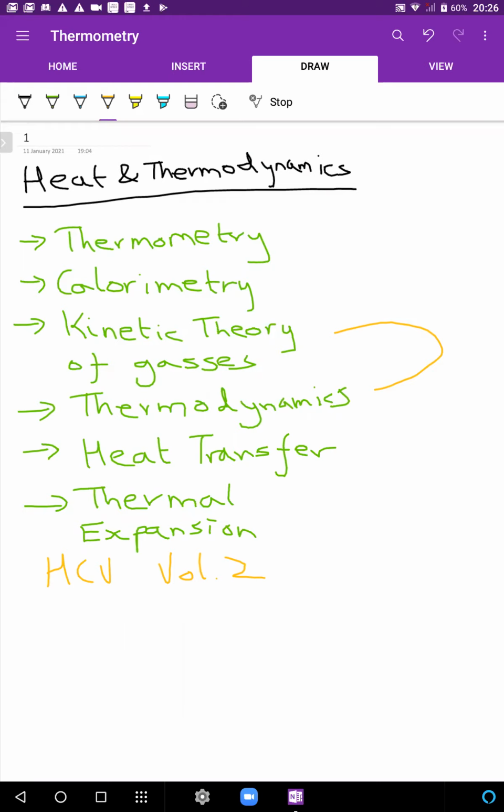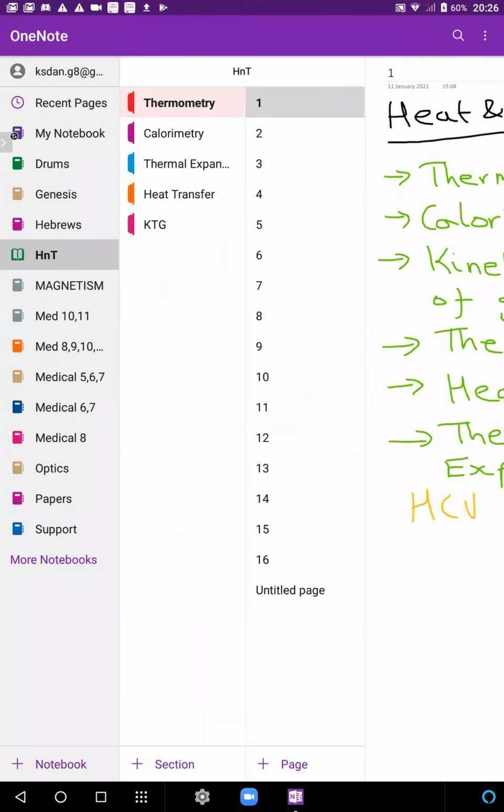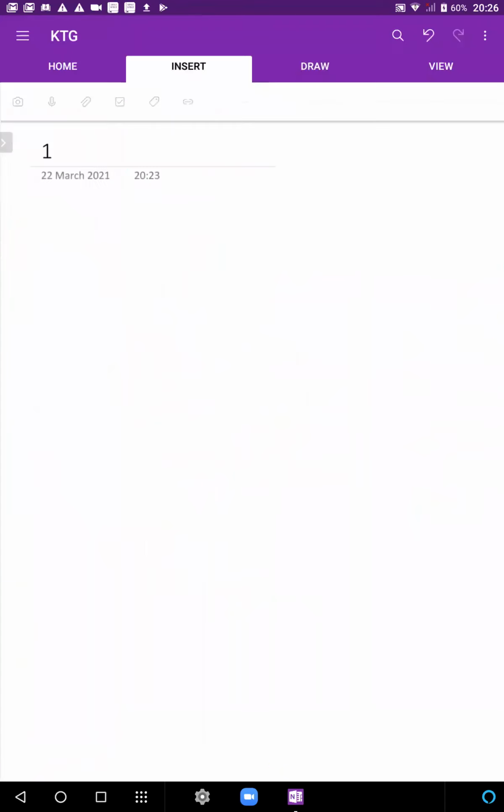All right, quite scoring. In fact, thermodynamics as such is going to be a lot like what you've done in chemistry. That's why I've kept that for the end. We can really race through thermodynamics and just do questions over there because the theory is going to be exactly the same. KTG also has a lot in common with what you have done in chemistry. A lot of the formulas over here you probably have already seen, most probably in the gaseous state. So it should not be a big difference.